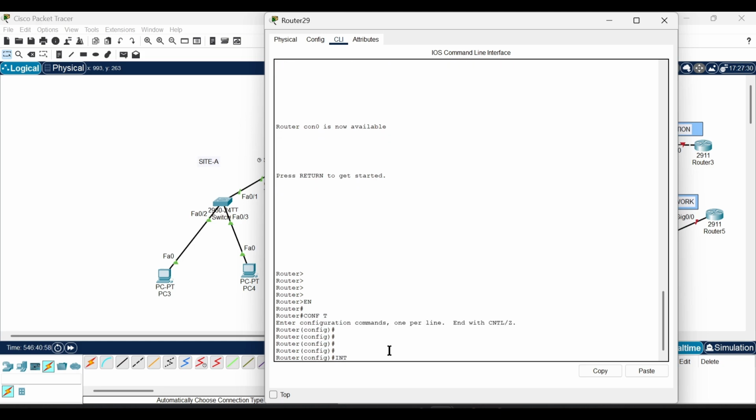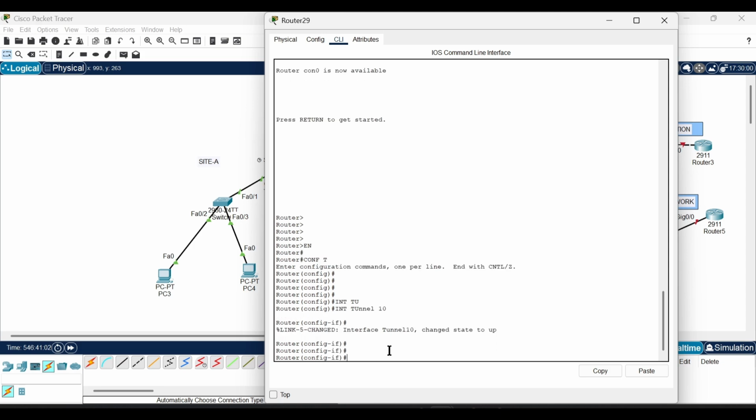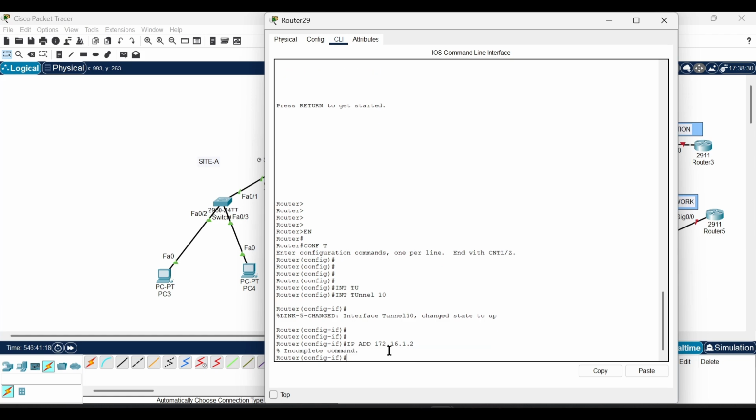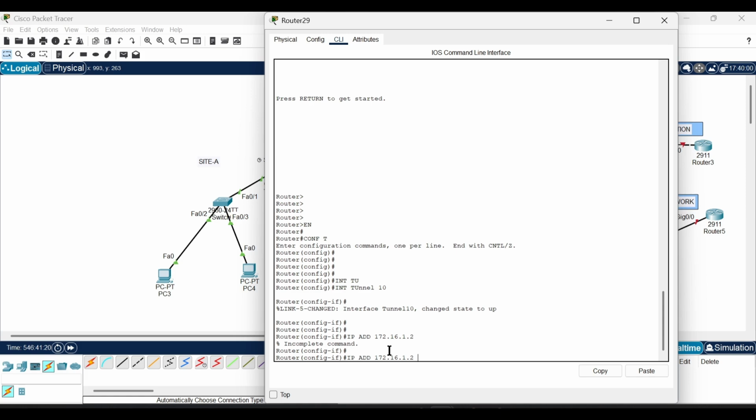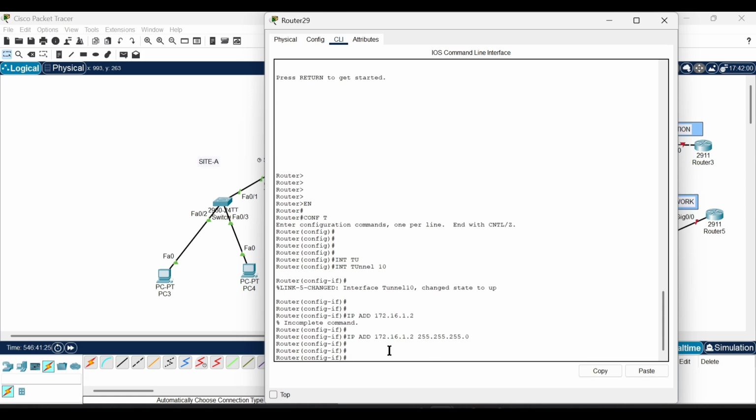So on the Site B router, we say interface tunnel with a tunnel number of 10. We want to assign an IP address to it. Remember, the site A router took 172.16.1.1. However, the site B router will be taking .2 with a subnet mask of 255.255.255.0. Now, looking at this, you're going to think that both routers are directly connected, but they are